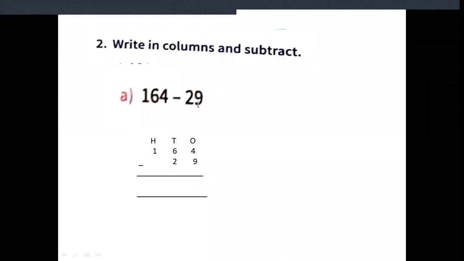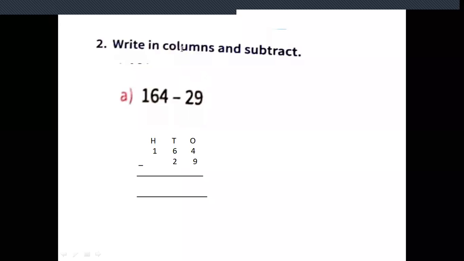29, how will you write? Can you write 2 and 9 here? No, you can't write. 2 is not in the hundreds place. This 2 is not 200. This is the tens place, so you have to write it in the tens place. So 29: 2 in the tens place and 9 in the ones place, because this is 2 tens and 9 ones. Don't make that mistake. A common mistake is that many children will start from here and write 29. You should not do that. This 29 is nothing but 2 tens and 9 ones, so in that place only you have to write.